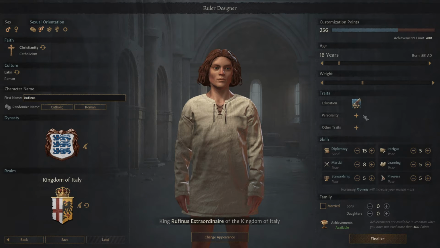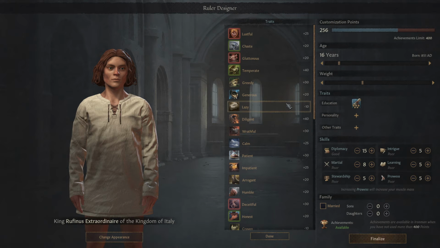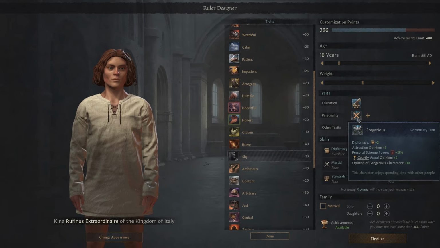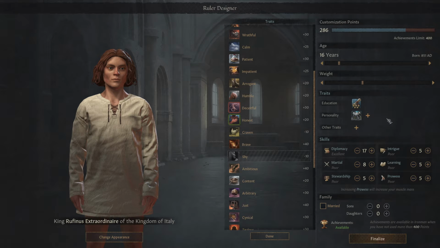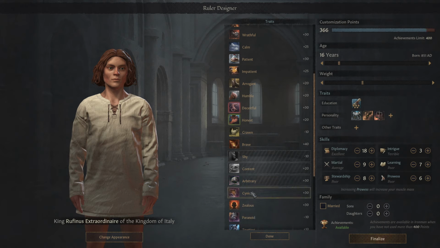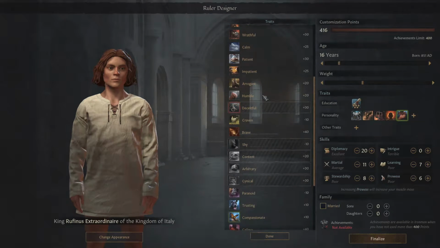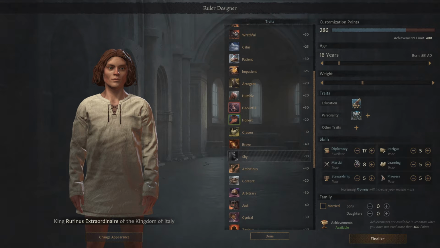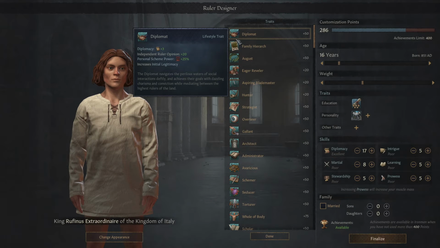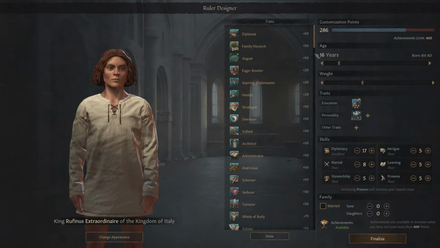Then there are personality traits that I could throw in there. These are usually earned through childhood, such as, say, gregarious, for example. They let you amass quite an amount of these, even though usually a child in this game will only earn about 3 of them. I, for example, can just keep throwing them in there if I so chose. But we're not going to do that. Let's say he's gregarious.